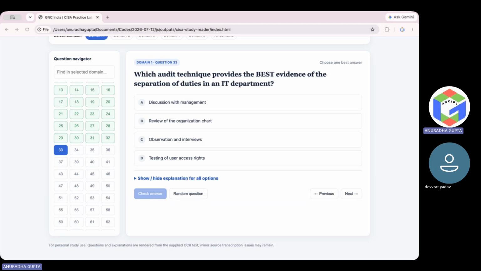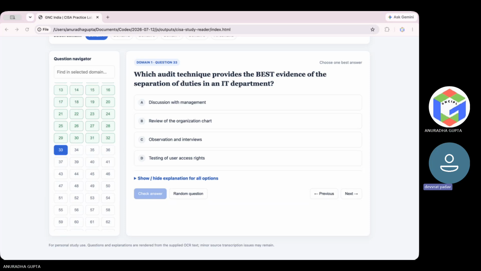So in C, what is it mentioning? Observation and interviews. You got my point. You need to go to the business owner, you will go to the application owner. There I will know who is authorized or not. But now, the problem is why I'm getting confused,